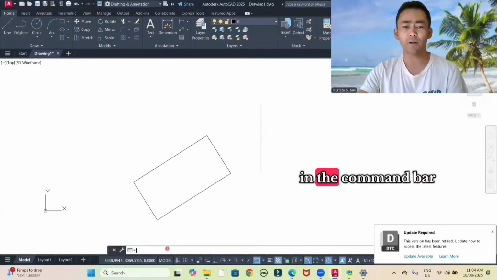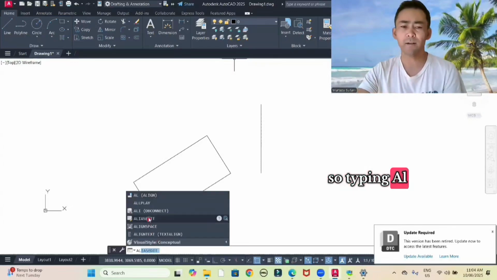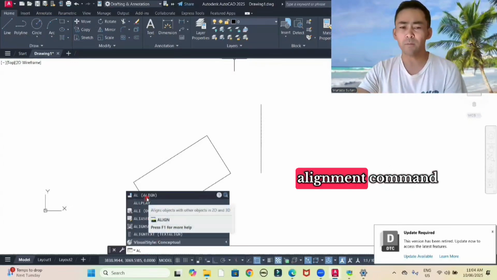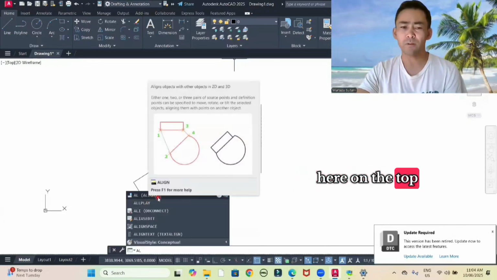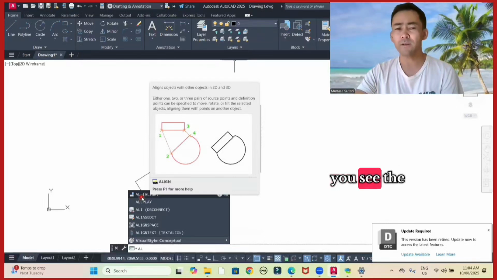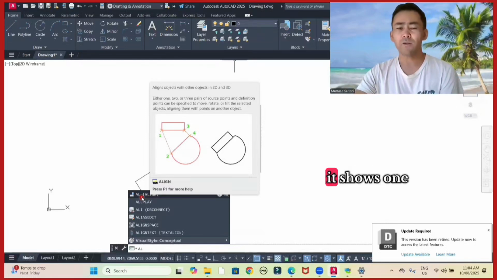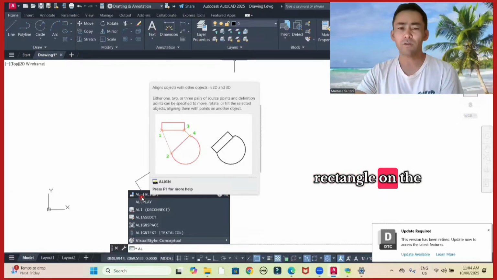To do so, in the command bar, you write AL. So typing AL activates the align command, and you see here on the top, when you go to the align, you see the process of alignment. It shows one rectangle on the top,